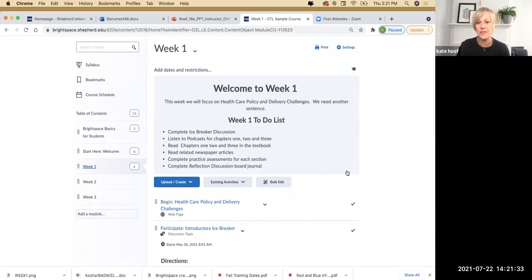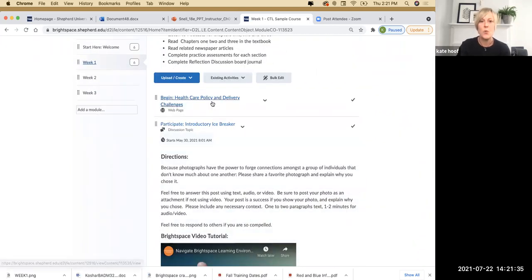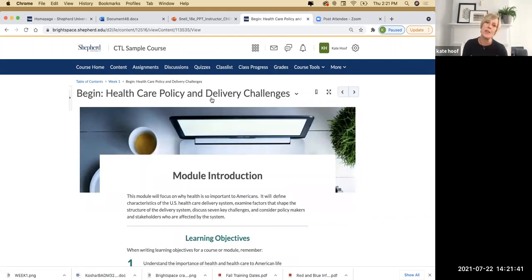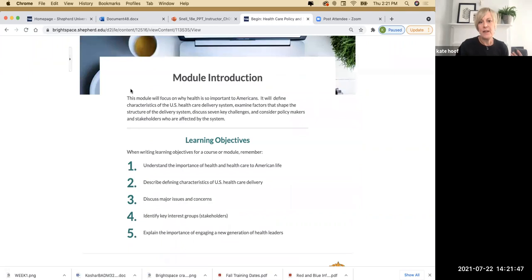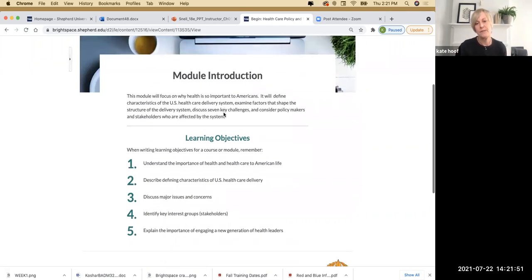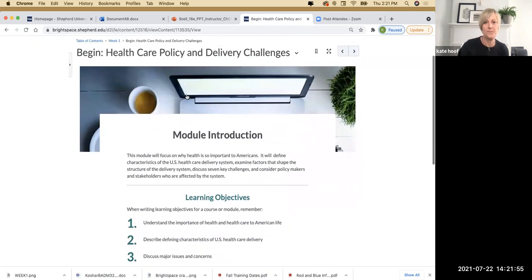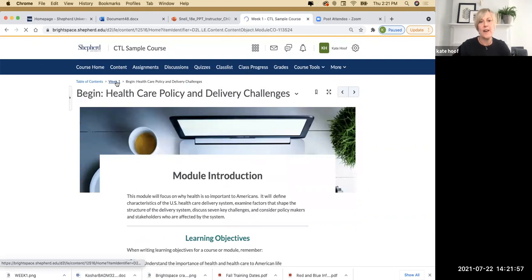Here's a to-do list. And then we have a begin, and what the begin does, again, these are just possibilities. You're going to build and design your content the way you see fit for your courses. But we'll just, again, provide a description of the module along with the learning objectives. Okay. And then from there,